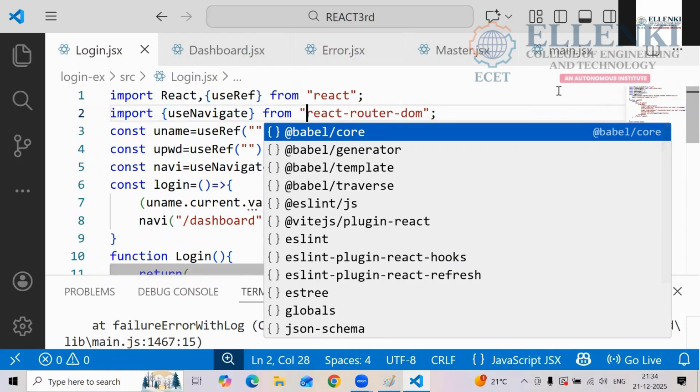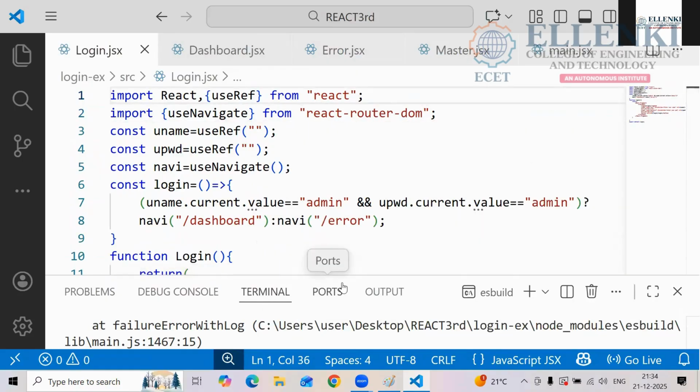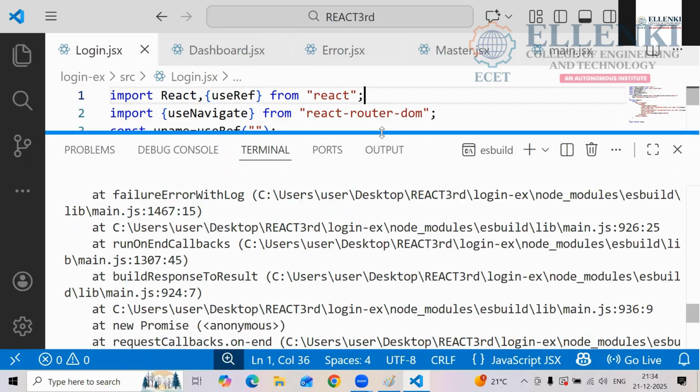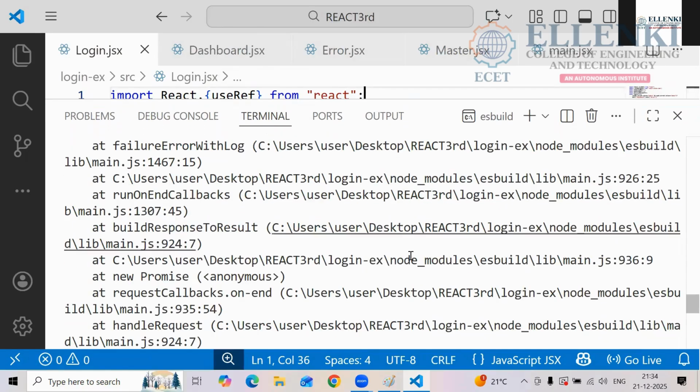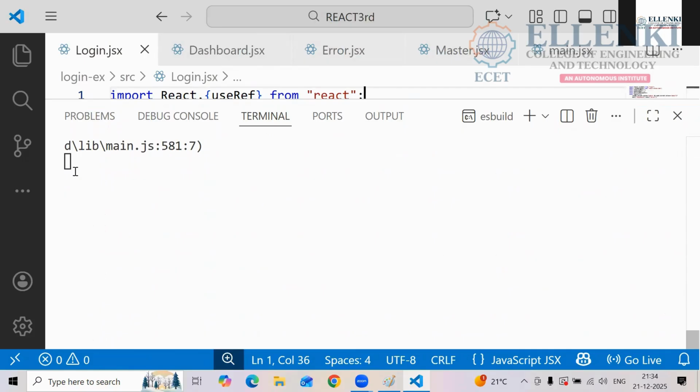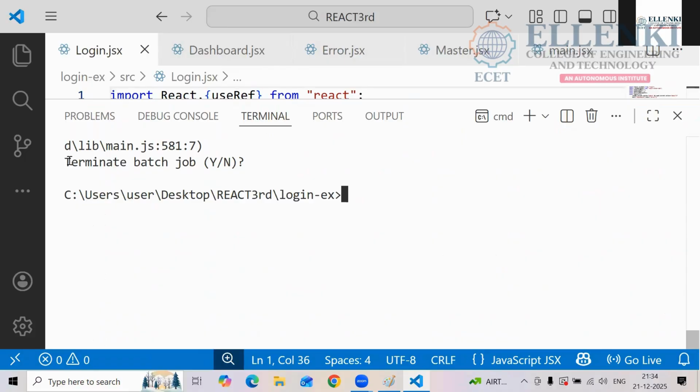Correct only we did now. So we will see once again. npm run dev.